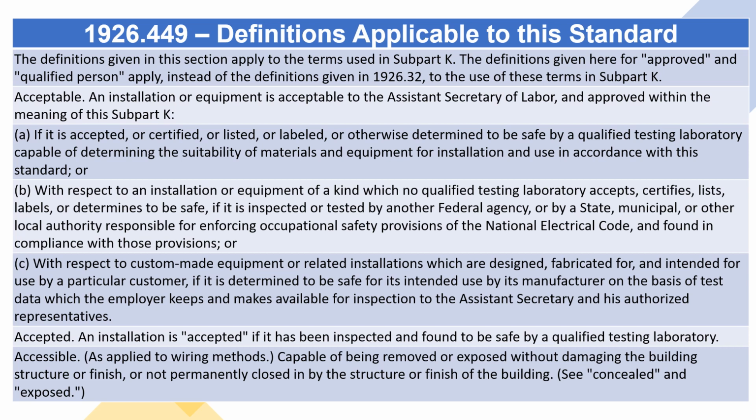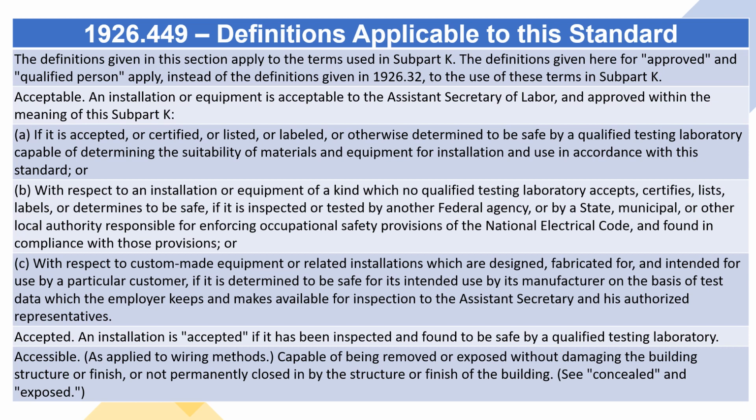The definitions given here for approved and qualified person apply, instead of the definitions given in 1926.32, to the use of these terms in Subpart K. Acceptable. An installation or equipment is acceptable to the Assistant Secretary of Labor, and approved within the meaning of this Subpart K, if (a) it is accepted, or certified, or listed, or labeled, or otherwise determined to be safe by a qualified testing laboratory capable of determining the suitability of materials and equipment for installation and use in accordance with this standard, or